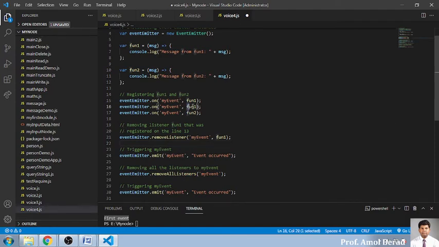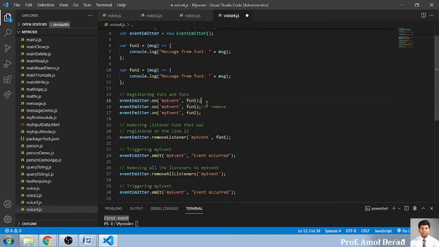I know that I have used this function twice, so I need to remove one of them. What I will do is use the event emitter with a function, because out of the three I want to remove only one, this one. I want to remove this one, since it is added multiple times. You might say, sir, this one should go too, because both have the same functionality.